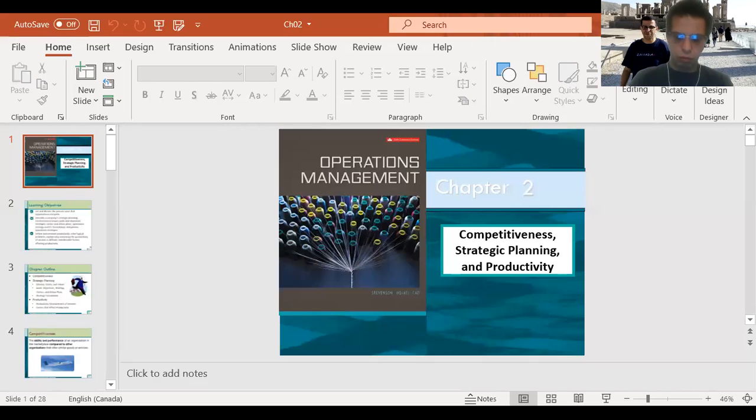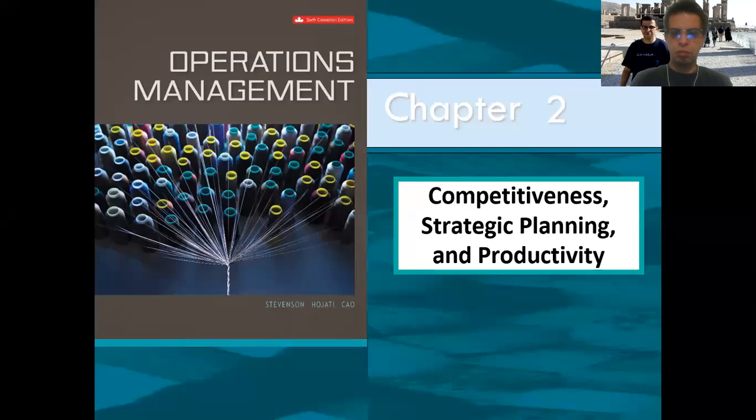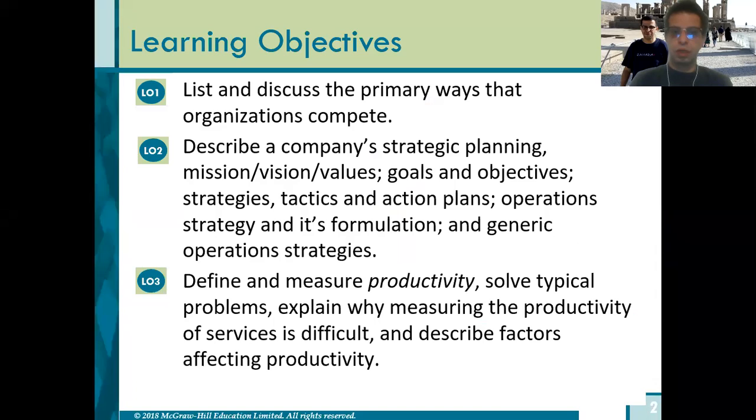This is chapter 2 for operations management. In this chapter, we'll talk about competitiveness, strategic planning, and productivity. The learning objective is to list and discuss the primary ways that organizations compete, and describe a company's strategic planning like mission, vision, values, goals and objectives, strategy, tactics, an action plan, operation strategy, its formulation, and generic operation